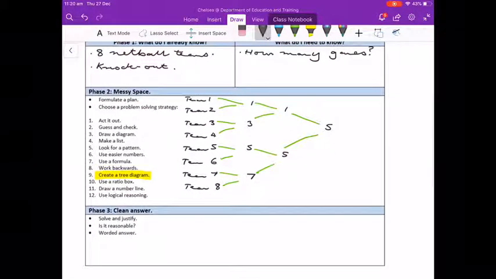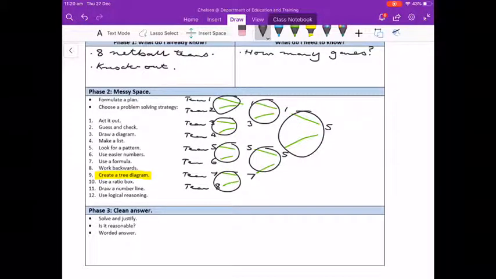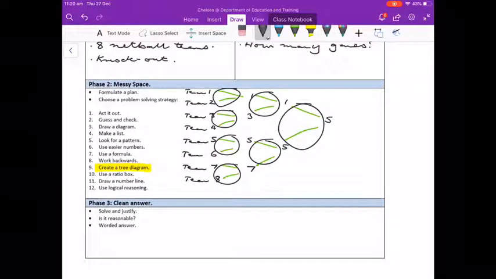But how many games have been played? We've got 1, 2, 3, 4, 5, 6, 7 games played. So is that reasonable? Yes, it is. There are 7 games played, and we can identify that